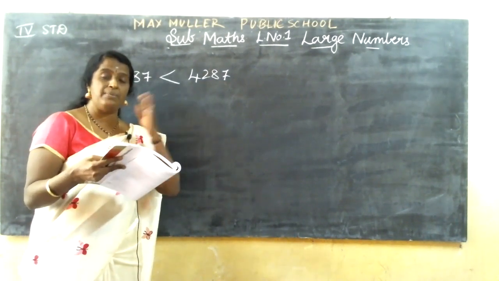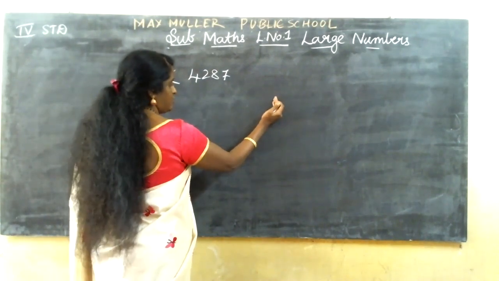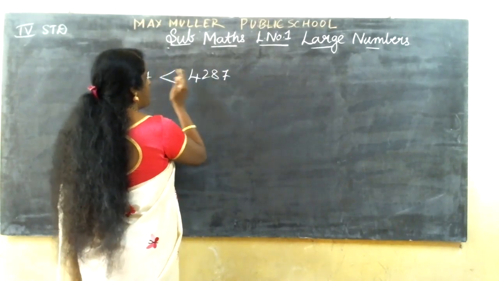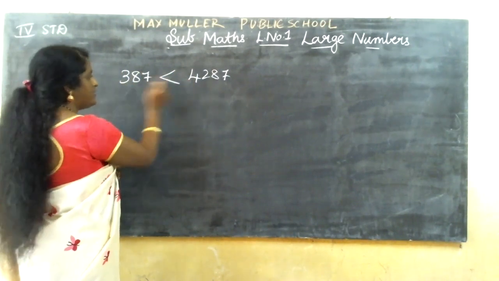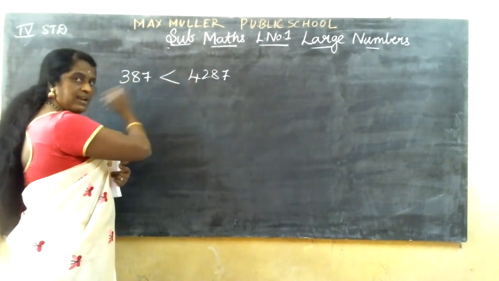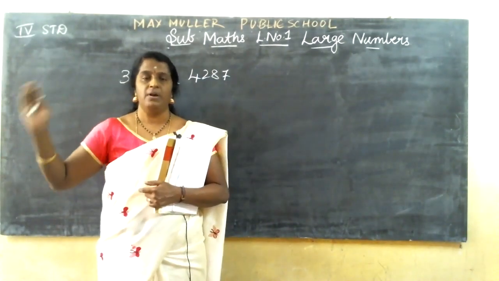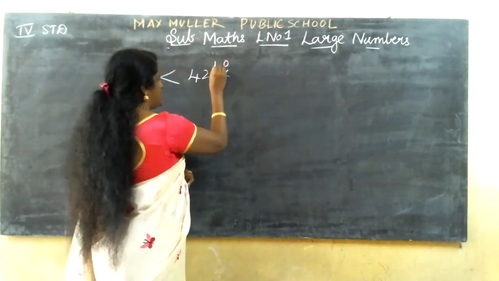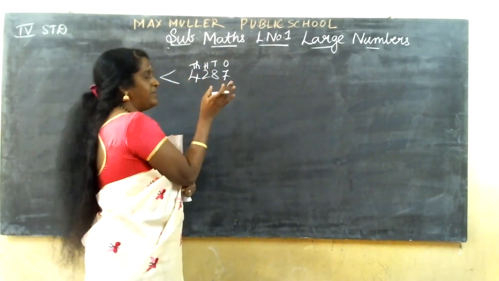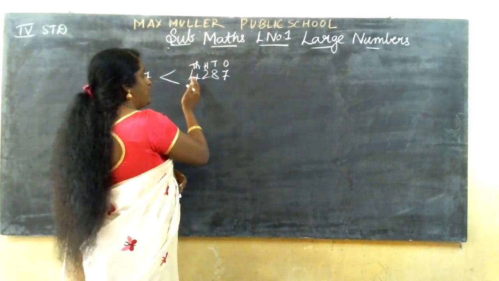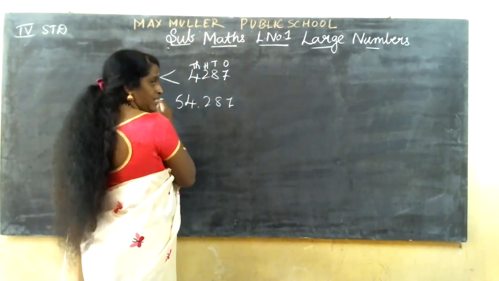we start comparing from the highest place, the extreme left. When you do addition and subtraction, we start from the right side. Yes, children, we start from the right side. When we compare, we start from the extreme left. See, this is 300, this is 4,000. So we start from the left side, from the highest place. When we do addition, we start from the lowest place. When we count, from here it is ones, tens, hundreds, thousands. So when we compare using symbols, we go to the extreme left. See, here 4,000. If it is here 54,287, we go for the extreme left.